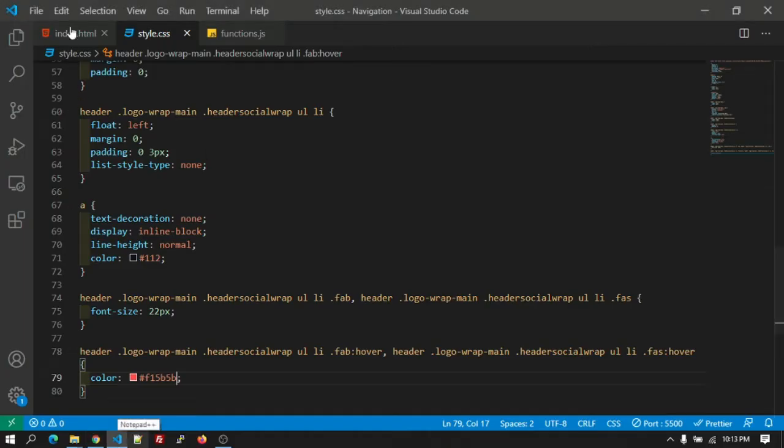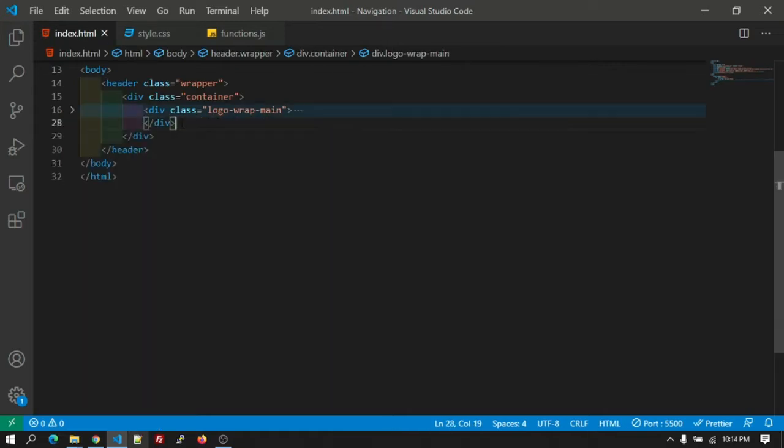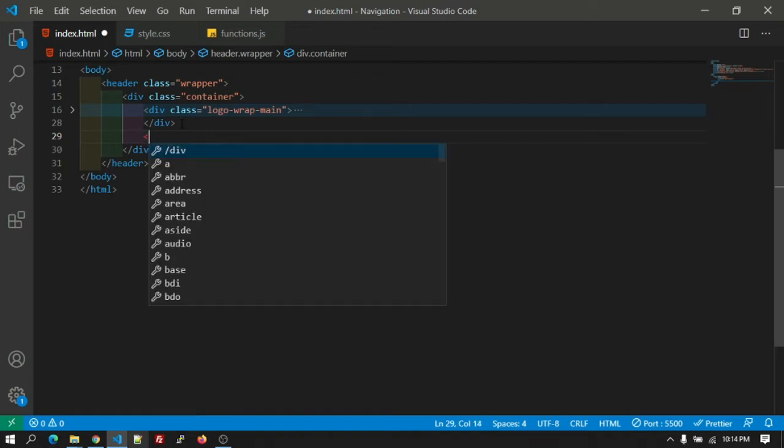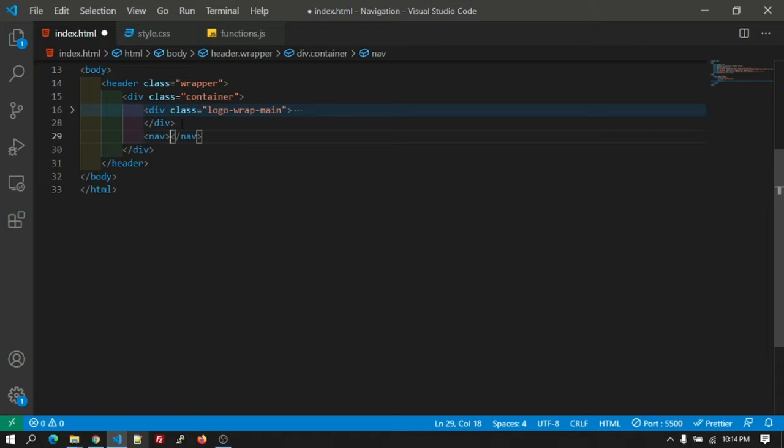So after that, let's create the navigation. After the logo wrap, main. Let's create the nav tag and give the class as wrapper. Then add ul, li.